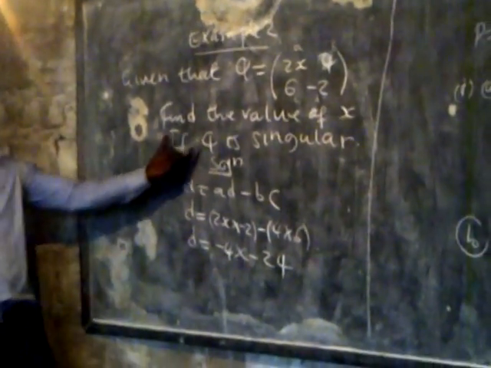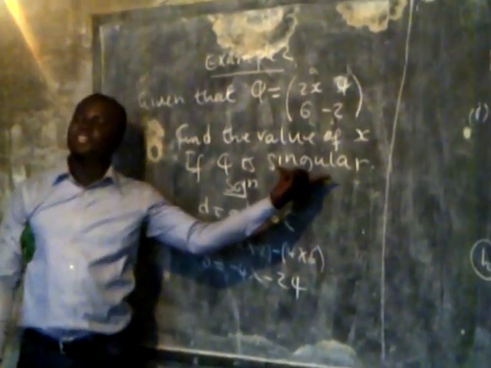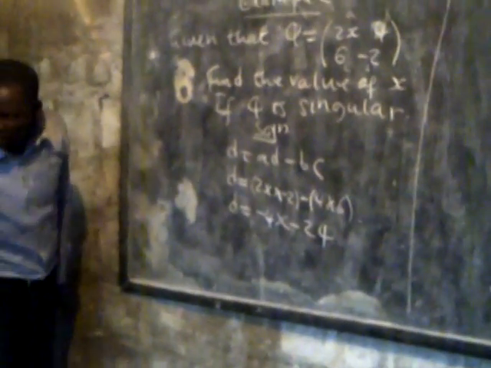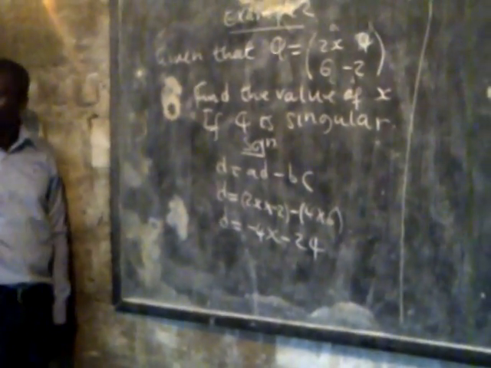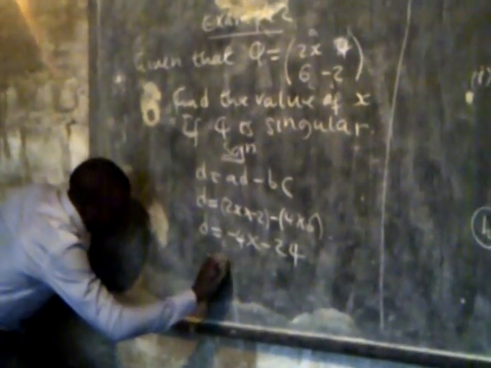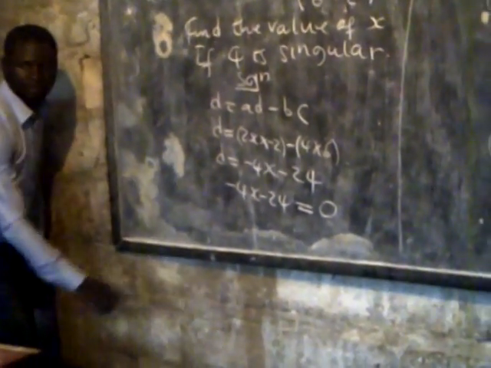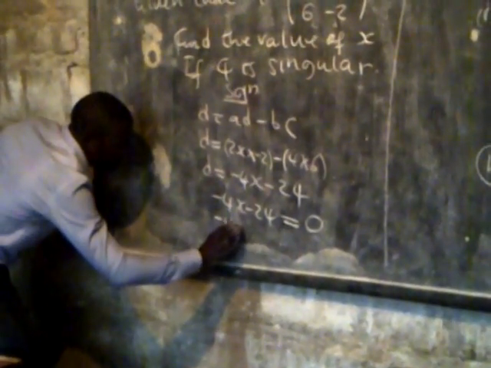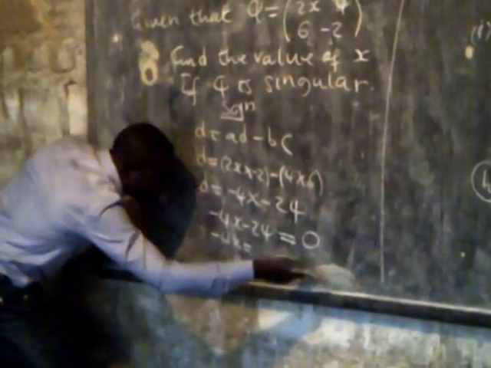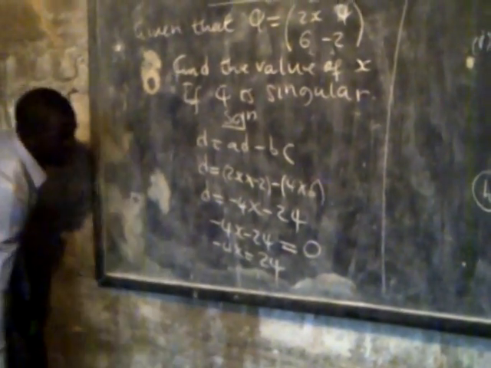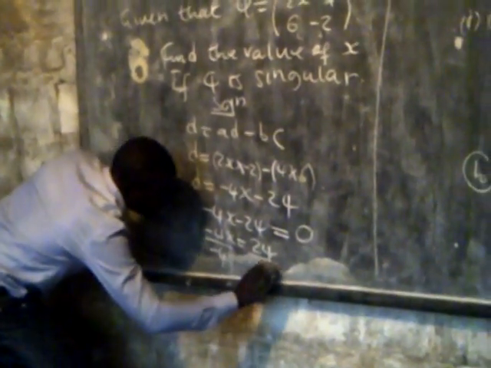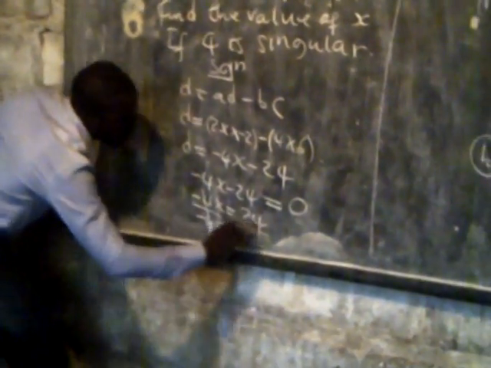Now they are saying, find the value of x if Q is singular. So it means this determinant I will equate to 0, because singular means determinant must be 0. So you take this same determinant and equate it to 0. Now negative 4, when it jumps to the other side, becomes positive. Now you can solve for x, divided by negative 4, divided by negative 4. This cancels. So this implies